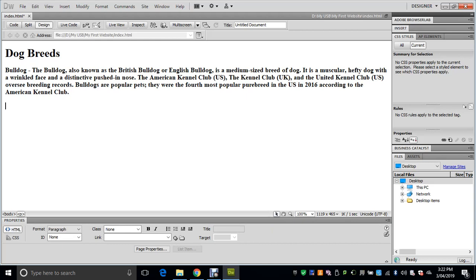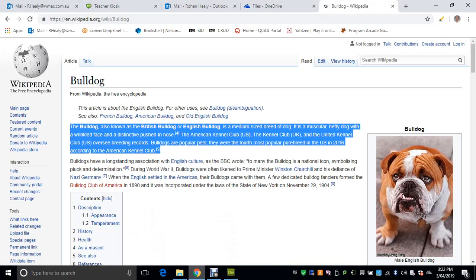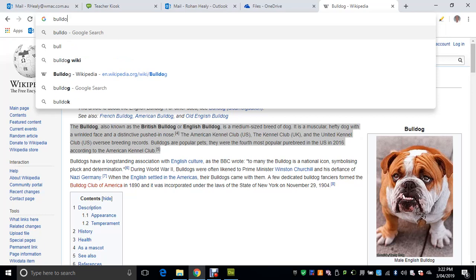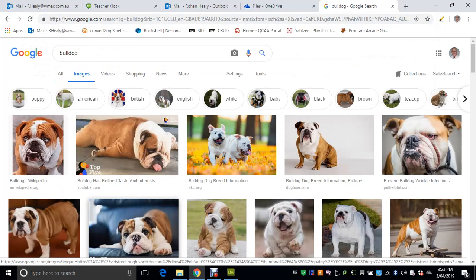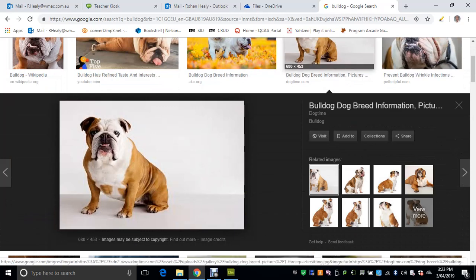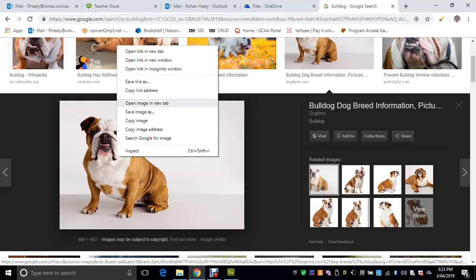Now I'm just going to add in my picture of a bulldog. So just on Google Images, just type in bulldog and go to images, and just choose one that you like. Maybe that one there is a good one. Now this one, if you have a look at it, 680 by 453, that's a little bit big, but we can resize it in Dreamweaver if you need to. Just try to keep your images down to, say, about 400 by 400, a little bit smaller, just for this time. So just right click and save image as,